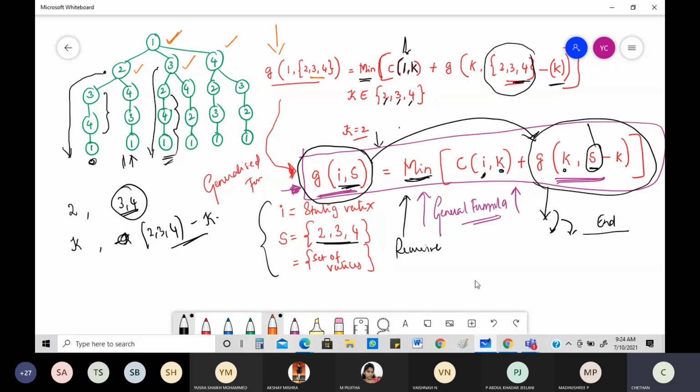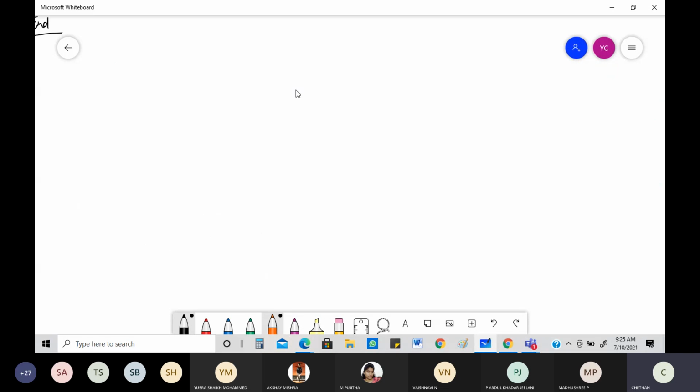Okay, let me take the same old example, the same example with diagram, and figure out what we are supposed to do with this. So let me write my input. What was my input for this? My input was a very simple thing. The first thing is, what will they be giving you? They'll be giving you the adjacency matrix or cost matrix.